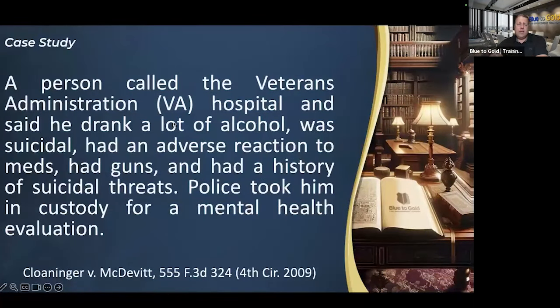Here's another one. Someone calls the VA, and he says he's consumed a lot of alcohol. He's suicidal. He's having an adverse reaction to his meds. He's got guns, and apparently this particular person has a history of suicidal threats. Police take him into custody for mental health evaluation. This obviously is the quintessential example of a community